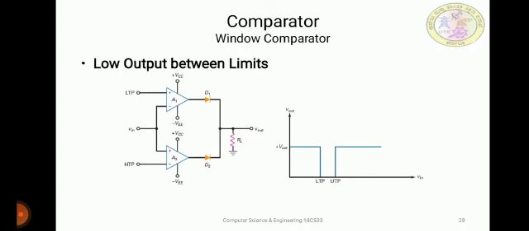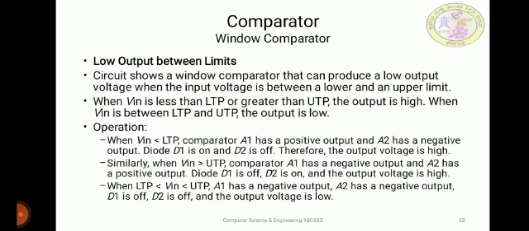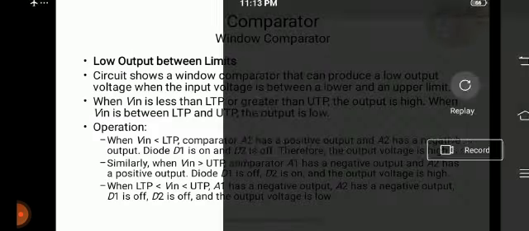Each single comparator compares the common input voltage against one of the two reference voltages, normally the upper and the lower limits. The output, fed to a logic gate like AND, detects the input as being in the range, the so-called window, between the upper and the lower reference. So the window detectors are used in